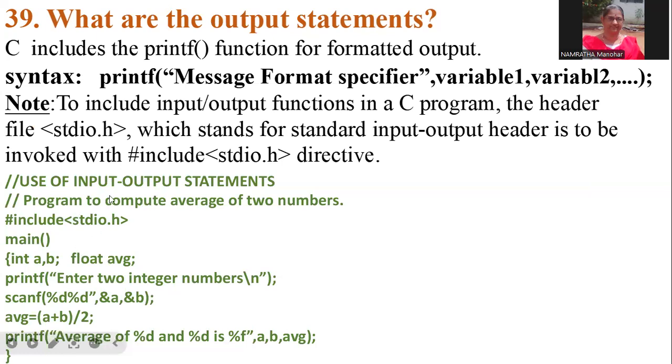So here this is a simple program for demonstrating the input-output functions. If they ask you the question, write a simple program for the use of input-output functions, you can write this program: stdio.h, main, int a, b, float average. Printf enter two integer numbers. You are accepting the two variables a and b. Average is a plus b by 2. So printf average of %d and %d is %f, a, b, average. So if you are entering 2 and 5, 7. Average of 7 by 2 is